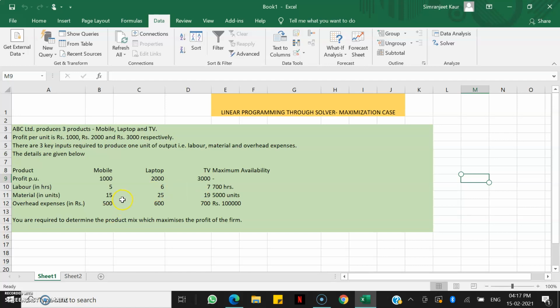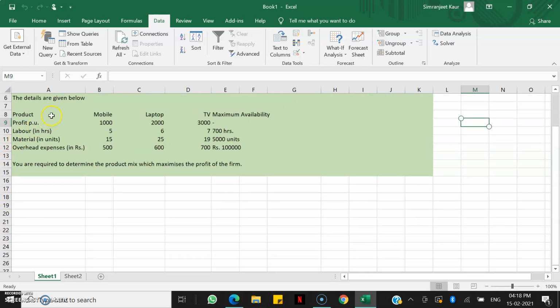Similarly, material, you need 15 units for making one mobile, 25 units for making one laptop, and so on. For overhead expenses, we have 500, 600 and 700. Now this is the maximum availability of resources that we have with us. Further, they ask us that you are required to determine the product mix which maximizes the profit of the firm.